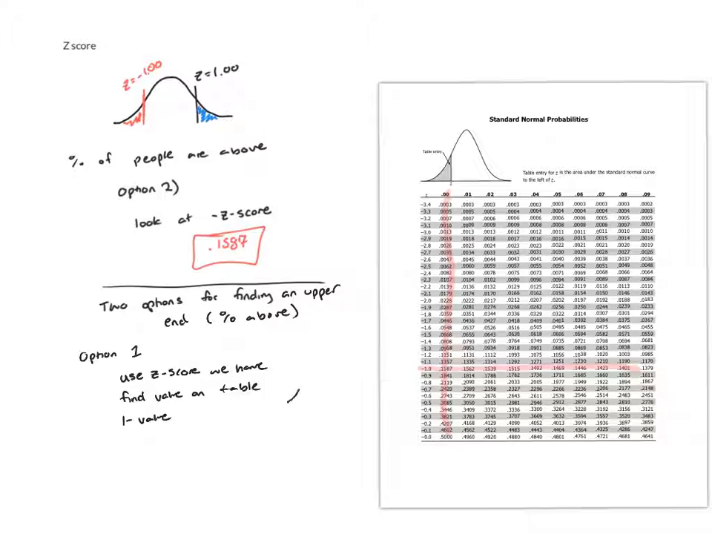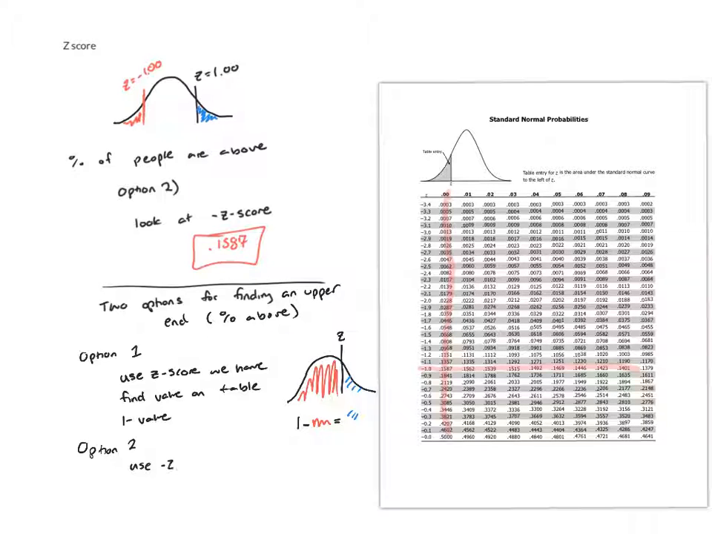And essentially what we're doing using this method is we're saying, okay, so here's our z-score. We use the table. The table will give us this number right here. And then we take 1 minus that value in order to get the one we actually want. That's option 1. Option 2, what we talked about here,